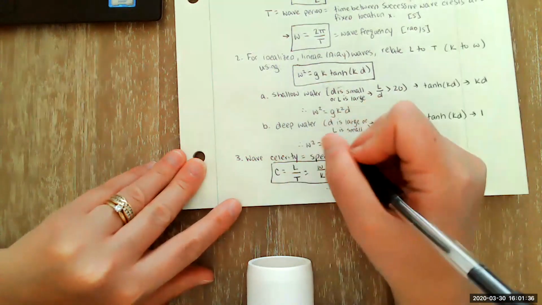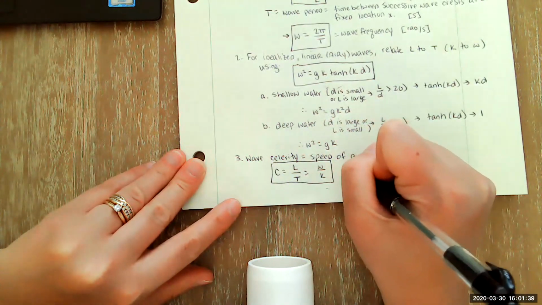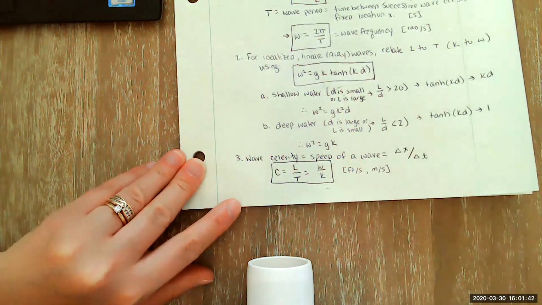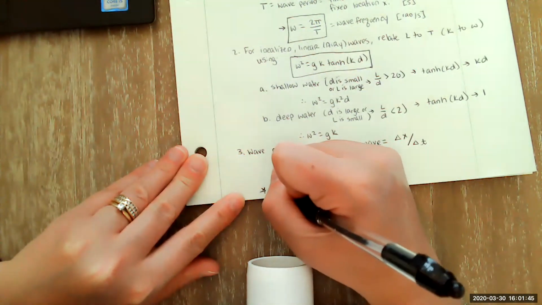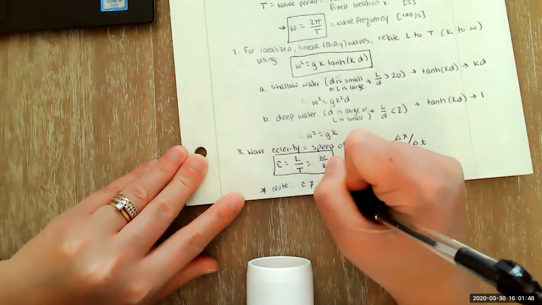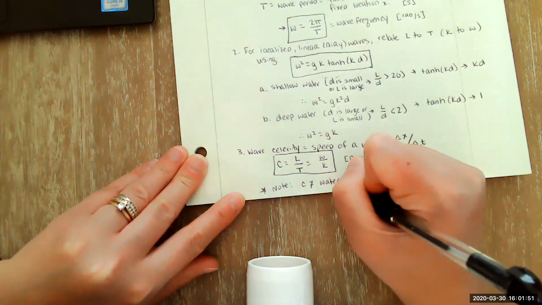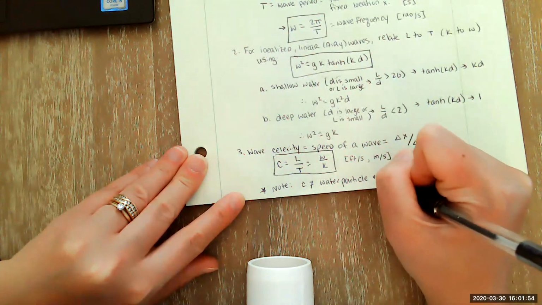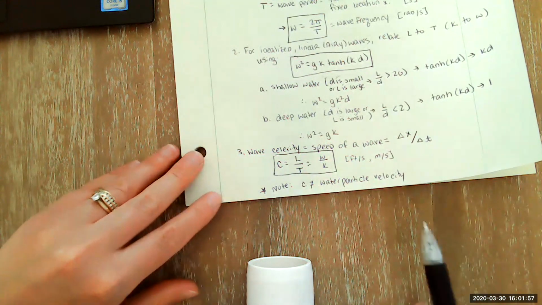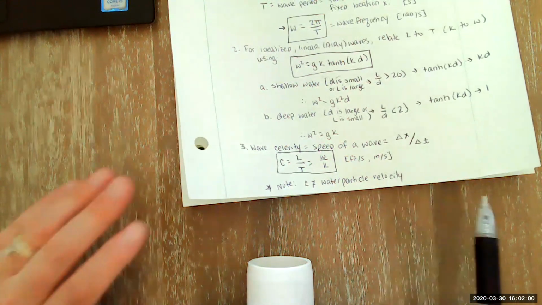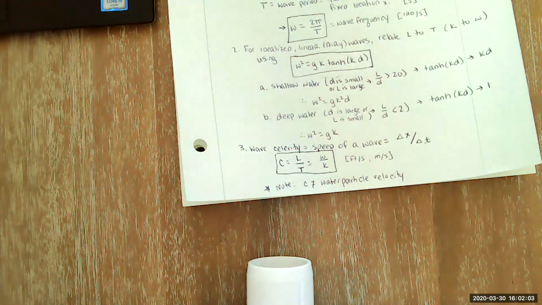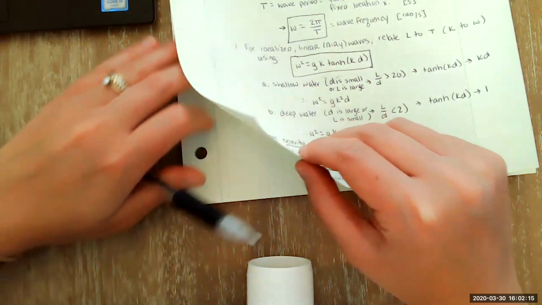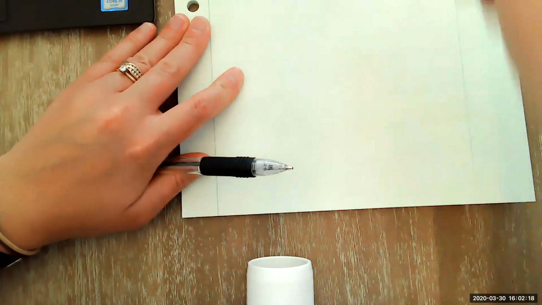And the units of this are a velocity or a speed, so this will be in feet per second or meters per second. Important to note that C is not the water particle velocity under the wave. This you have to calculate by taking the derivative essentially of your water surface elevation. Those are on your equation sheets from EN 475, and they're also posted in this online content material in Blackboard and Google Classrooms. So, all right, let's move on and do one quick example, and then we'll wrap up for